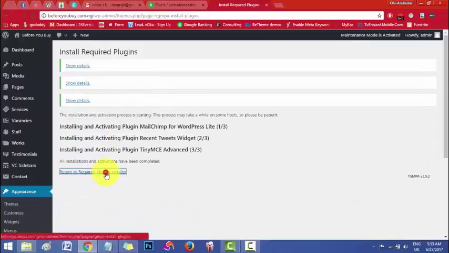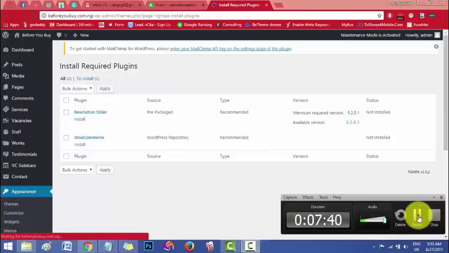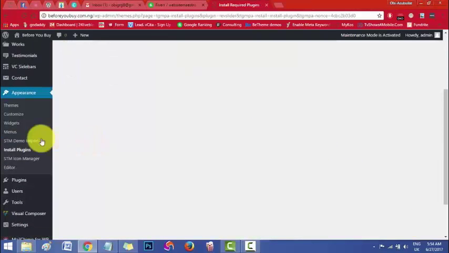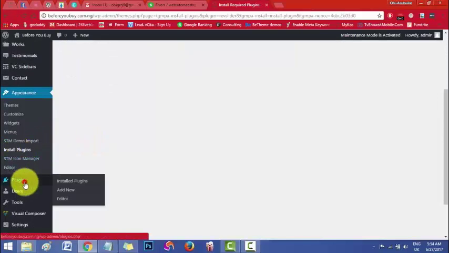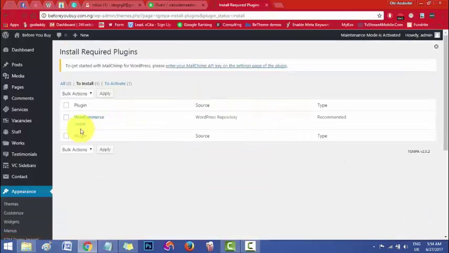Okay, so lastly we'll work with the Revolution Slider. We just install and then see how long it takes. Shouldn't take too long. So as you can see, we've installed it successfully. So all we need to do is go back and click on plugins once more. There's one more plugin left, which is the WooCommerce plugin. Just click install